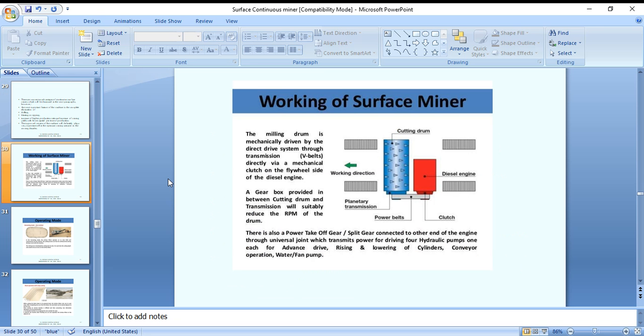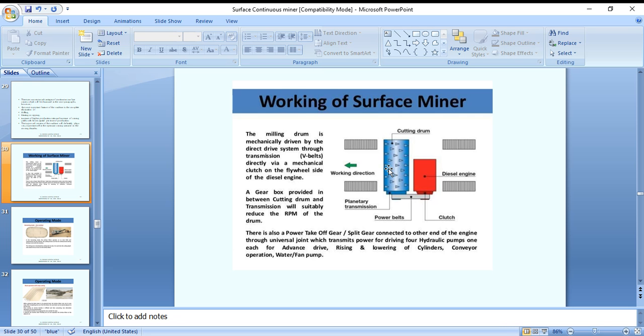So now, the working of the surface miner. Here is a top view of the machine construction in the picture. These indicate the crawlers in the top view of the machine. There are four sets of crawlers: a front set, a second set, and rear sets. One, two, three, four. This arrow shows the direction of movement. The front is an elevated area that can be adjusted. This is the drum.